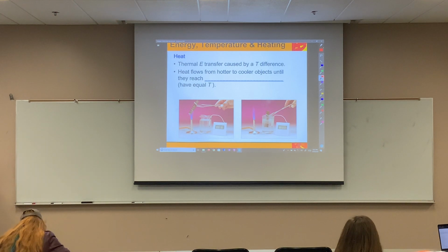And something like this, like the experiment that's pictured with lowering a hot metal bar into the water,